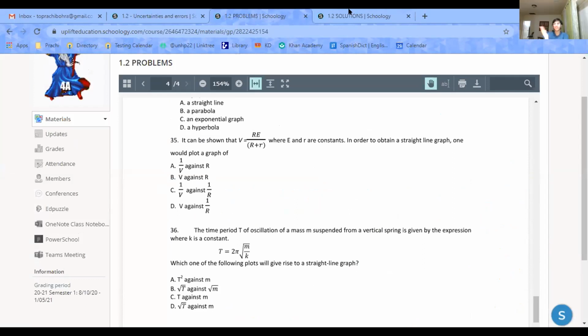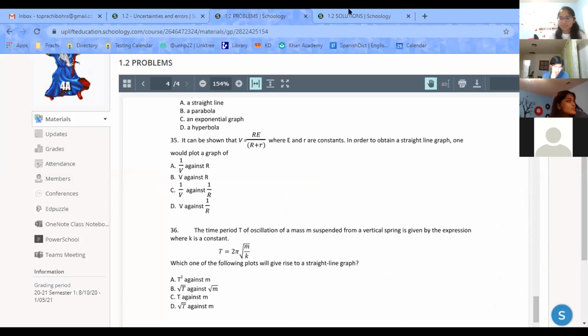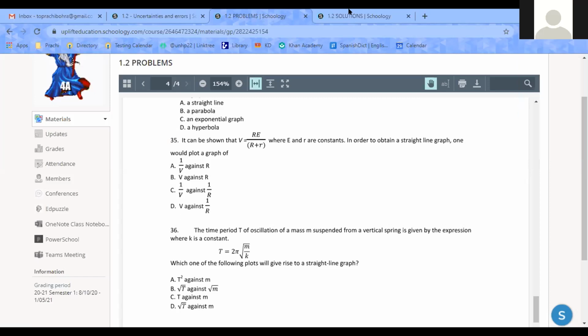So I guess the way to approach these, I'm thinking, the ultimate way to do it is just to try and separate out the constants from the variable. You just have to play with the equation until it turns out correctly.